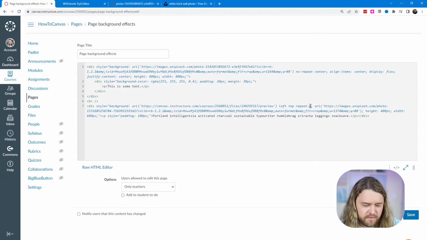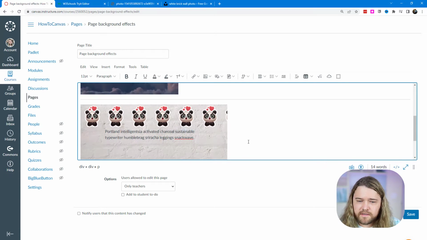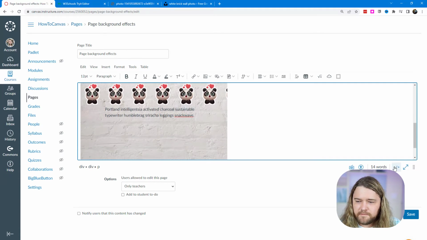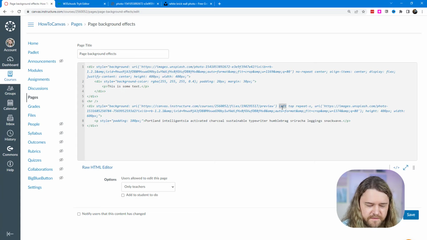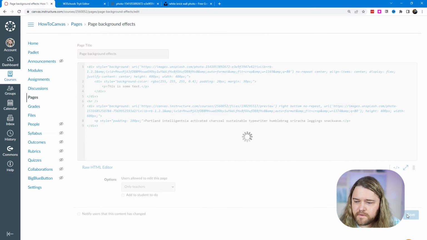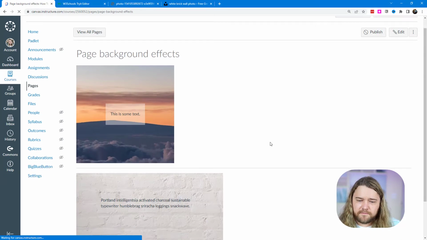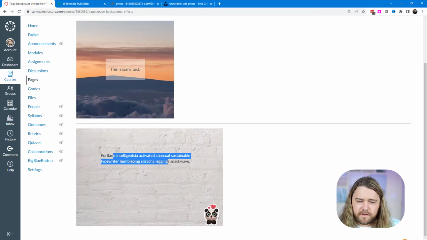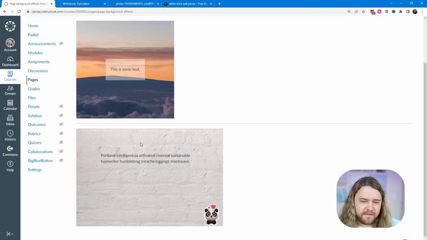I can also have this repeat X if I wanted to, and then it's going to repeat all along the top right there. Or maybe instead of left top, I want that to be on the right, and I want it to be on the bottom, and I want it to not repeat. Let's save that and see what that looks like. All right, so now I have my text up here, I have my little panda, and these are all background